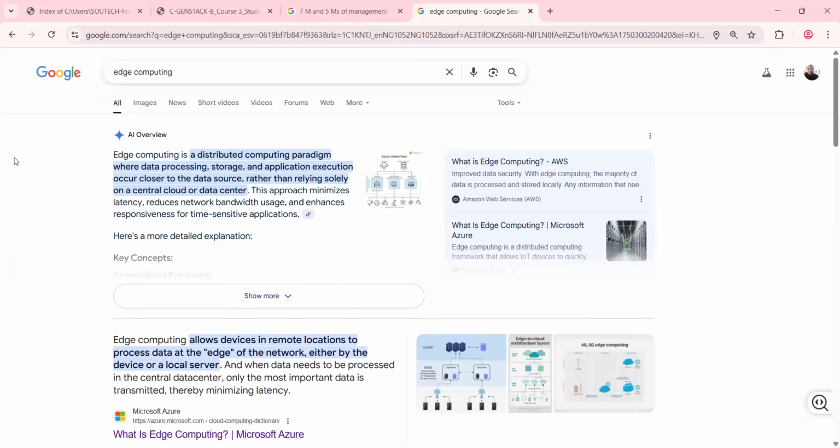But close to the point where it's going to be processed. So it's like a hybrid, a quasi cloud computing service. The most important thing you need to know about it is that it is closer to the customer, and the core goal is to reduce latency. So that's the word there, to reduce latency.